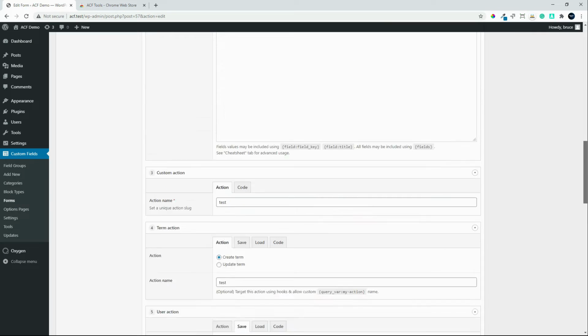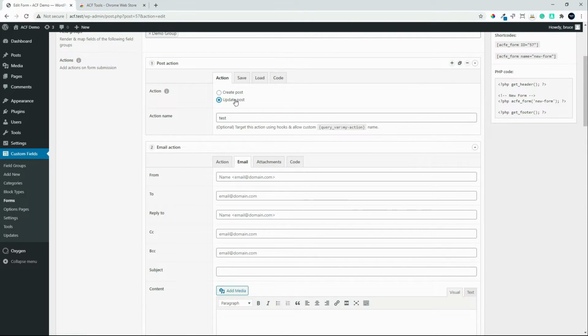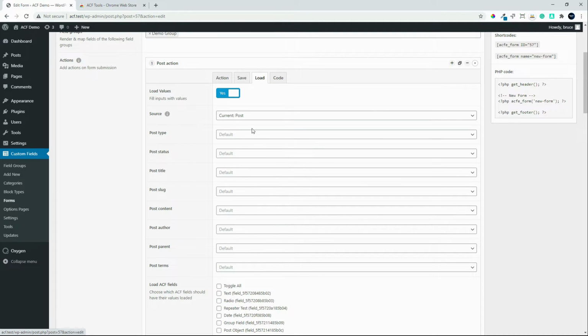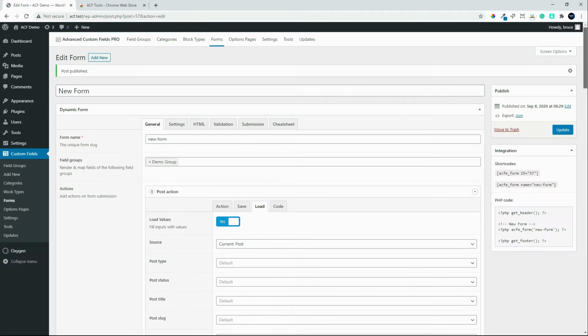And what's nice about that, for example, is if you're doing the post and let's say you're going to update a post and you want to load certain fields, you only need to load the fields that you want to load on that form. You don't have to load all the custom fields. So you have control over which fields are loaded into that form. And of course, once you're done and you want to include on your page, you can either use these shortcodes or you can make use of the PHP code here. And this is just one of the